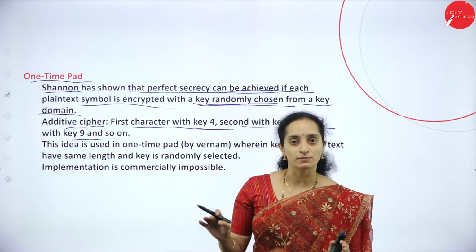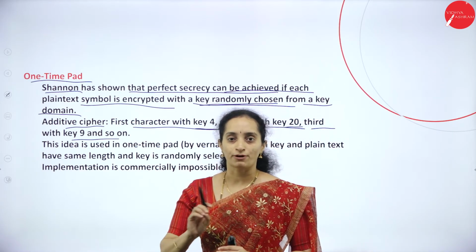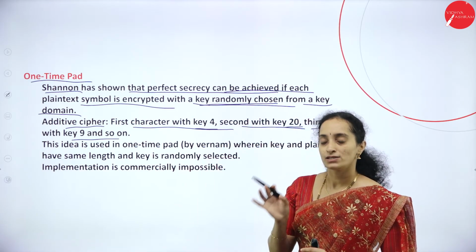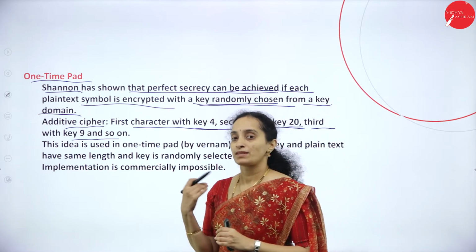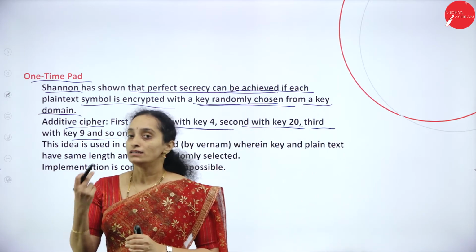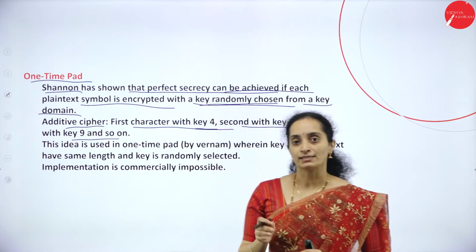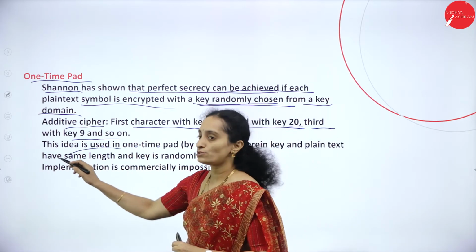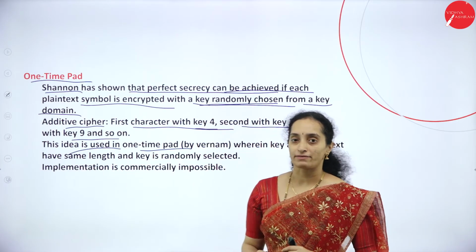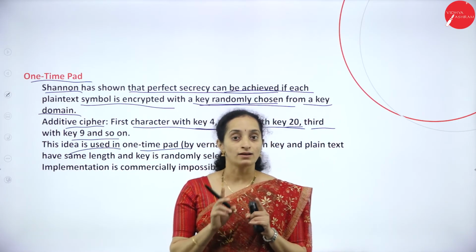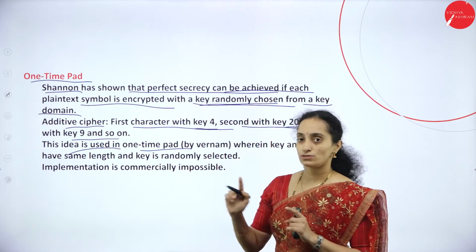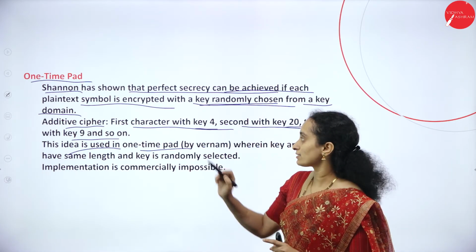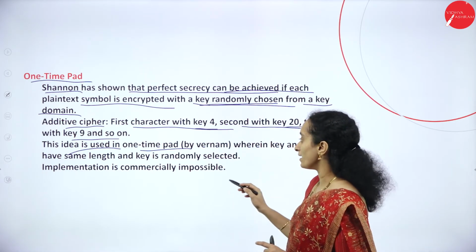You can randomly choose any key from Z26 so that each character will have a different ciphertext from the set of keys. This idea is used in a one-time pad because one key value is used only once. That is called the one-time pad.